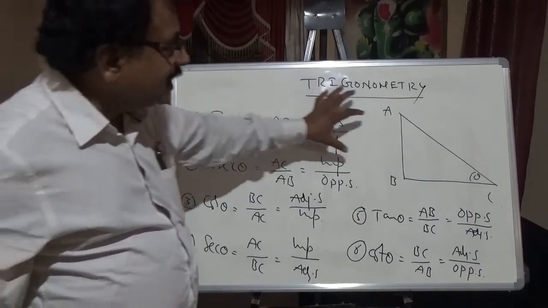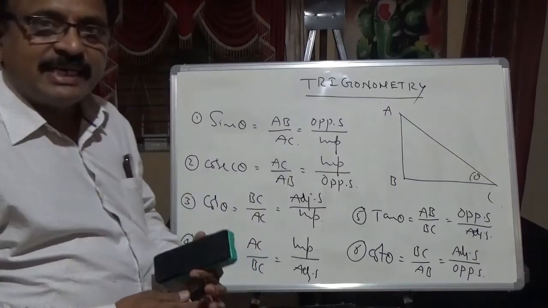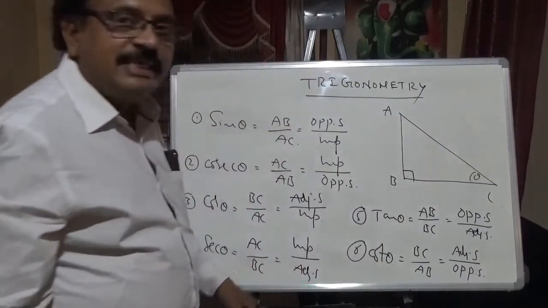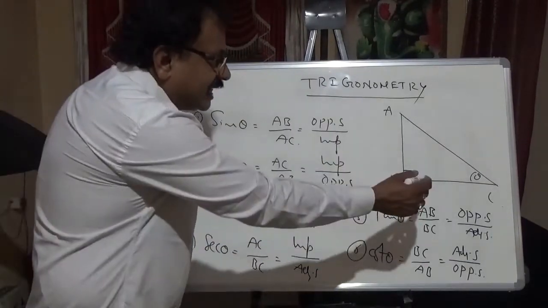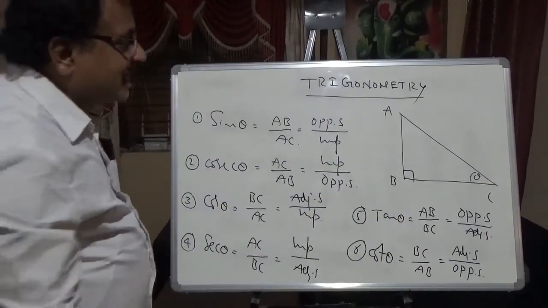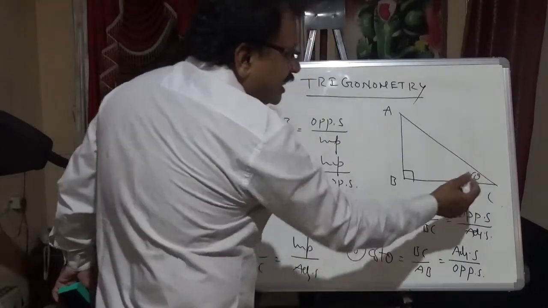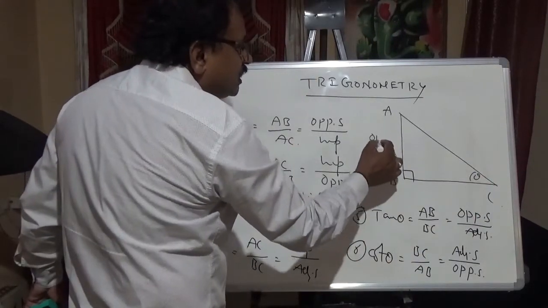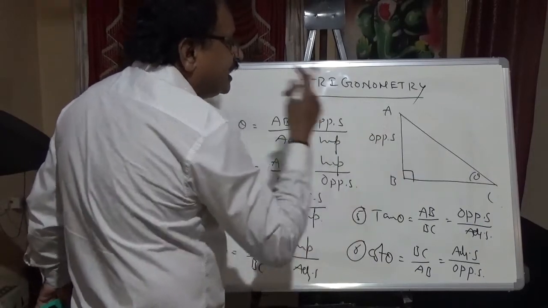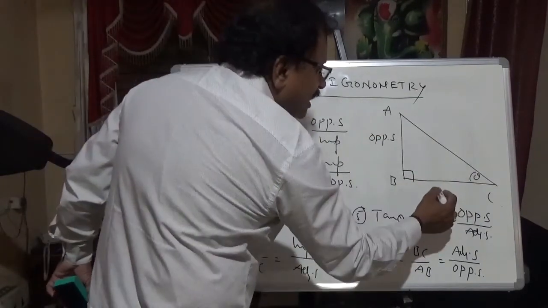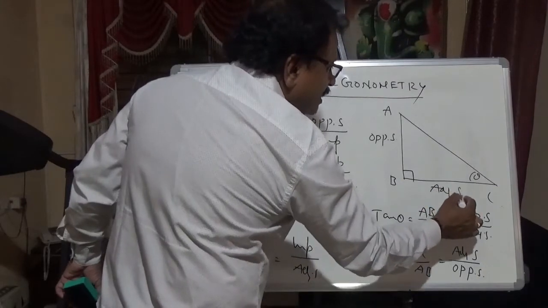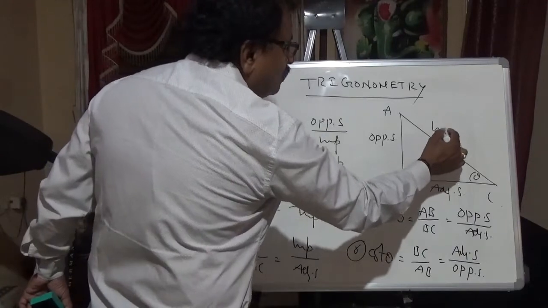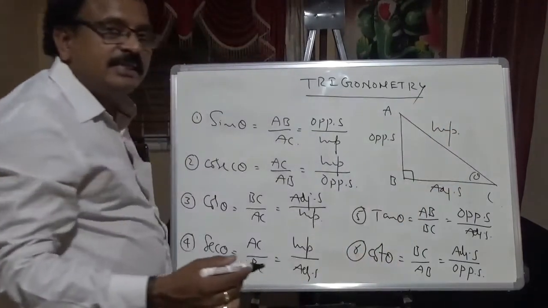See, beside I took one triangle here. This is a right angle triangle because this angle is 90 degrees. ABC is the right angled triangle. Here let this angle be theta. That side AB is the side opposite to theta, so this is the opposite side. This side is near to theta, so this is the adjacent side. The side opposite the 90 degrees is always the hypotenuse. That is the hypotenuse.